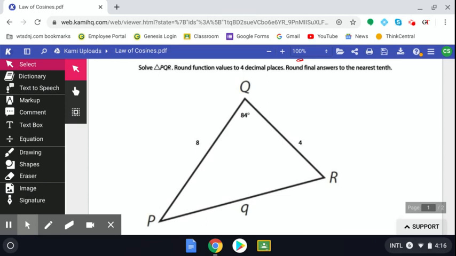So it's solve triangle PQR. What they mean by solving a triangle is you have to find the measures of all three sides and the measure of all three angles. They say round function values to 4 decimal places, round final answers to the nearest tenth. Okay? So the way I usually do these kinds of problems is I pick,